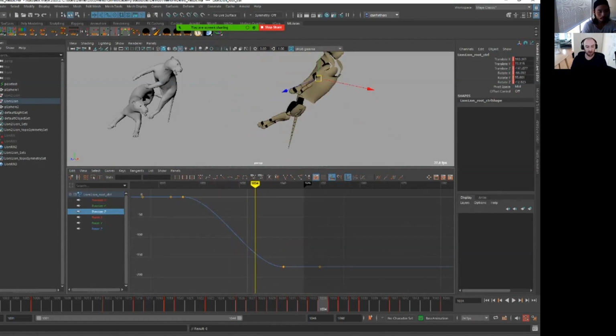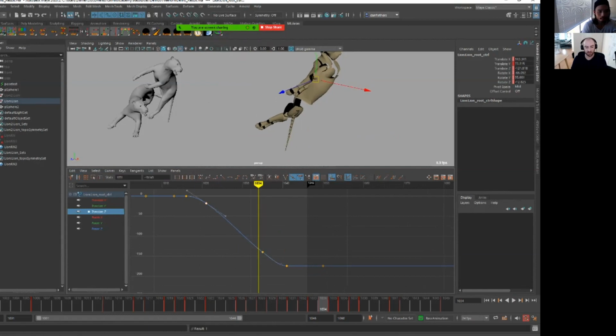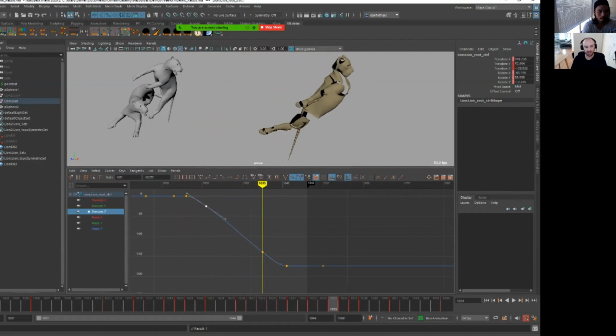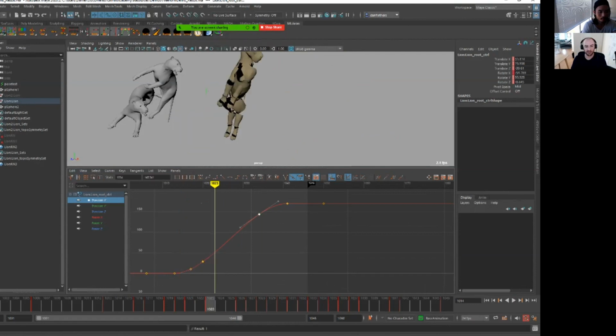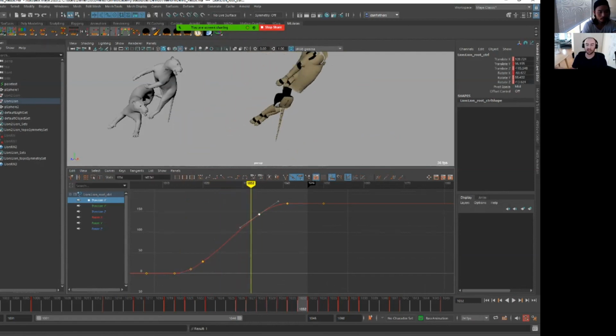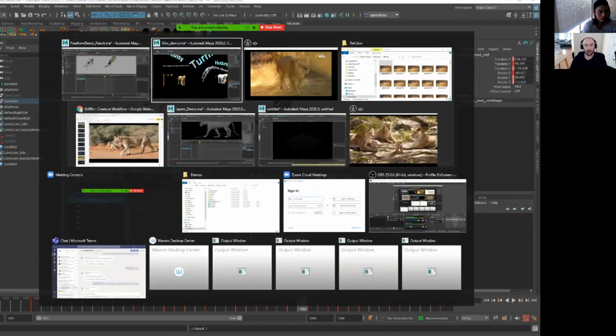Sometimes with these curves, the auto tangent is too easy. It's just got too much weight. So I like to make these curves a little bit more linear, like that. Just give them a little bit less ease, and that will help the flow of your animation a bit better, because nothing really slows down that much in the air. It's like a ball; it doesn't really slow down, unless it's a golf ball that travels hundreds and hundreds of feet. So that's the core of